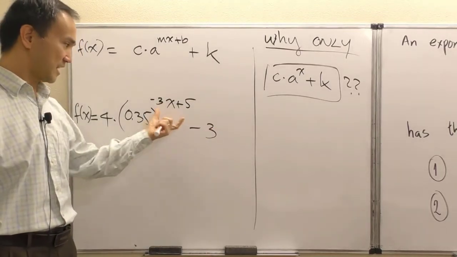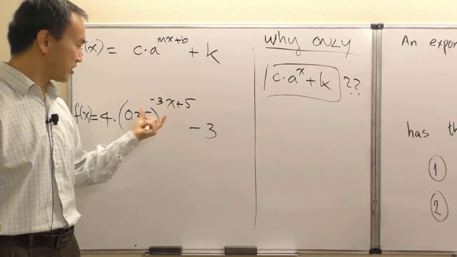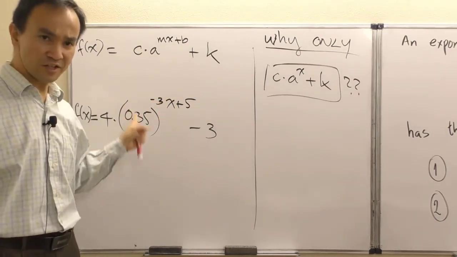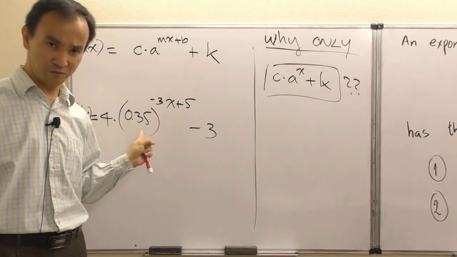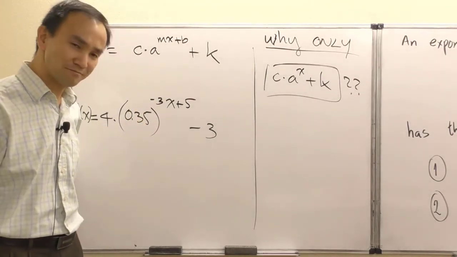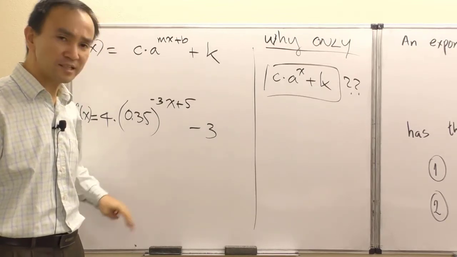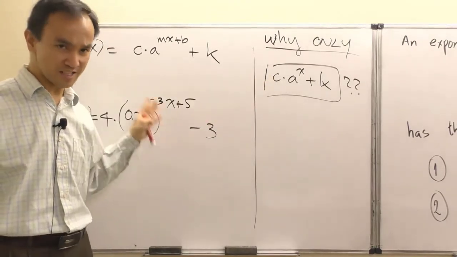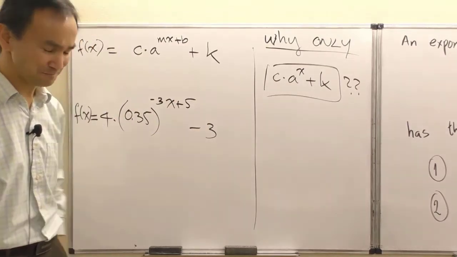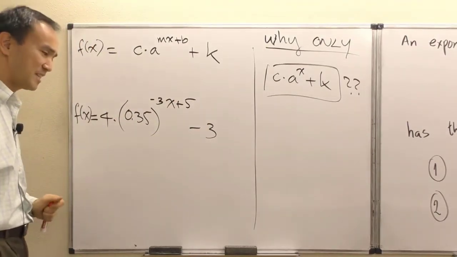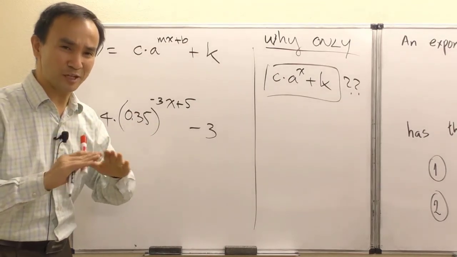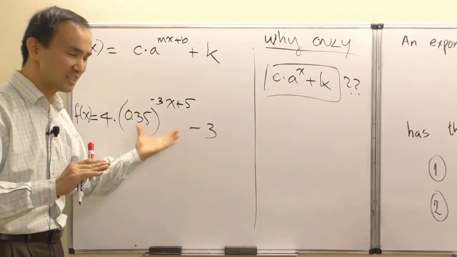Okay, so it has a linear expression in the exponential part right here, and there's a base here, greater than 1 or less than 1, whatever is here as is. So why is it that we only focus on something like this, whereas be aware that functions like this exist out there? So here's how I can use the algebra to purposely make something like this appear,